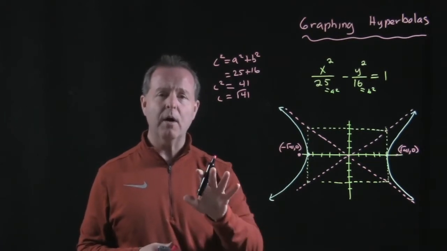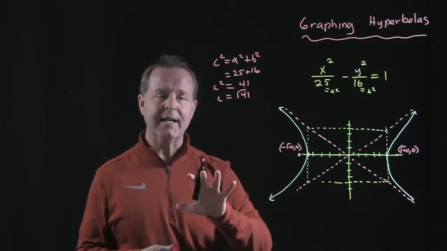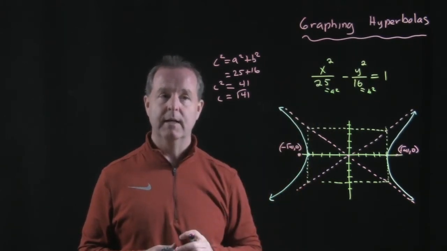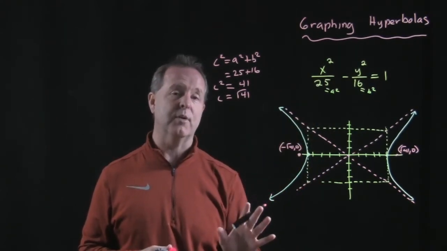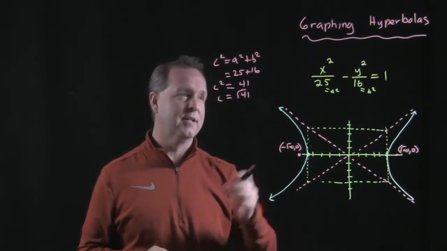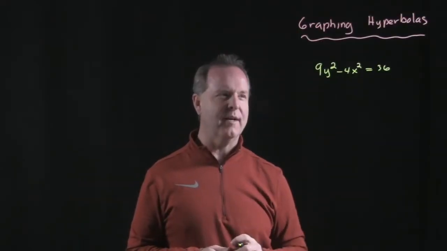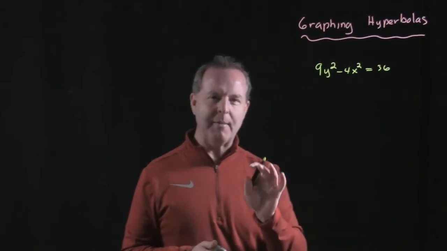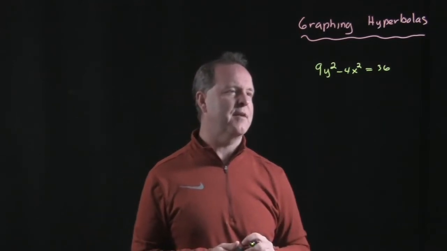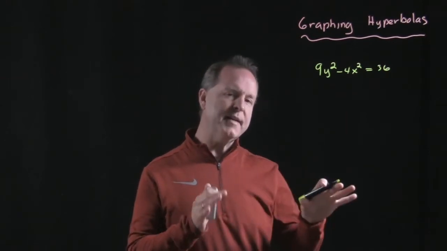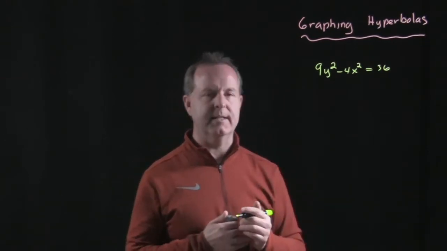The hard part for all of us is to keep track of the different directions that the hyperbola can go. And it might be hard to keep track of, is this a hyperbola or is it another conic section? Was it an ellipse? Now is 9y squared minus 4x squared equals 36 even a hyperbola? Again, that might be what's tricky, trying to figure out which kind of curve this is. So let's move it to standard form and maybe we'll start to get a sense of what's going on,